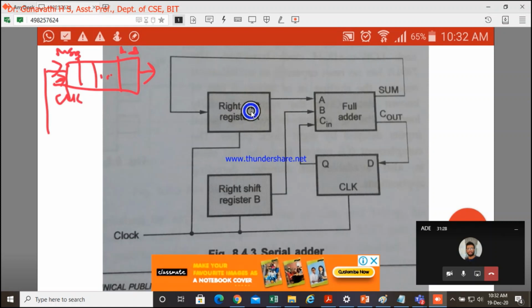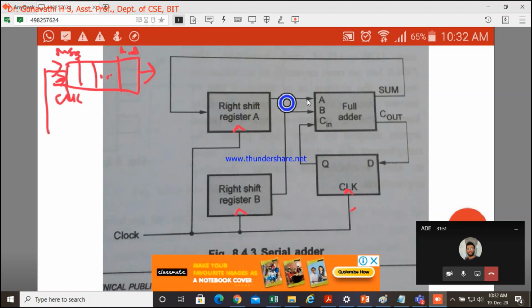Okay, this is the first register A, the second register B, and both have been given a clock. Since it's been specified like this, don't think it's a level, it will always be edge triggered. Since it is a register, it's not been specified. Even for this it is always edge triggered. So these are the two registers.